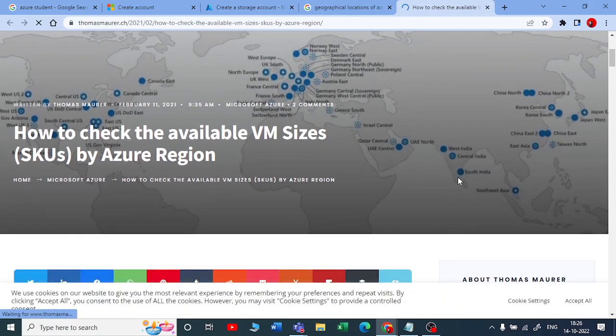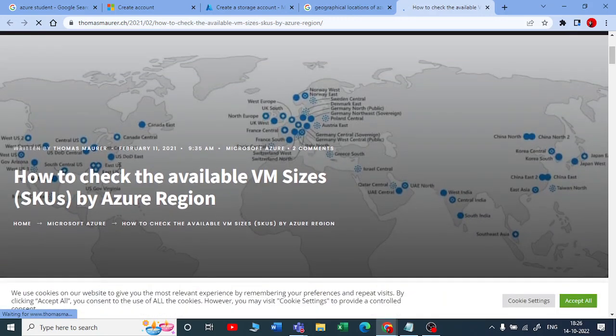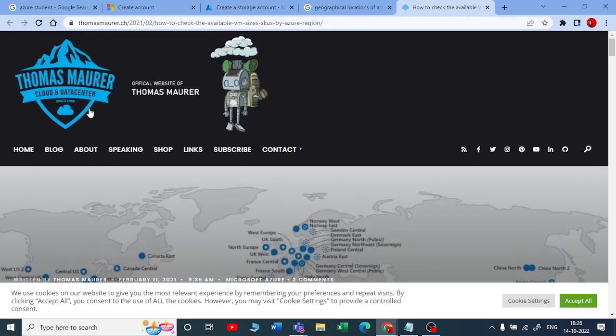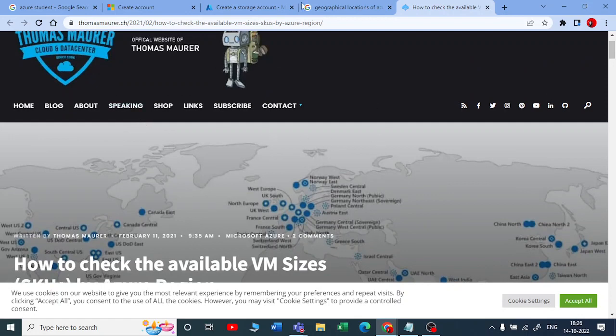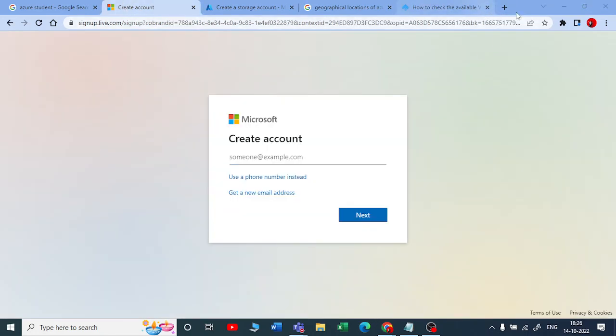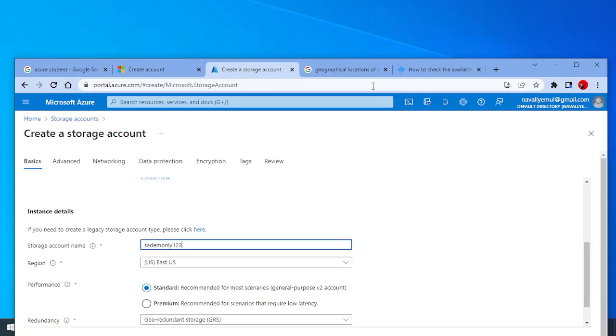So they have different data centers in India, in the US, in Europe, in London, UK, and some data centers in China, in Japan, and so on. There are so many data centers. So I request you to please go to Google or YouTube and check more about the data centers. Okay. So let me come here.